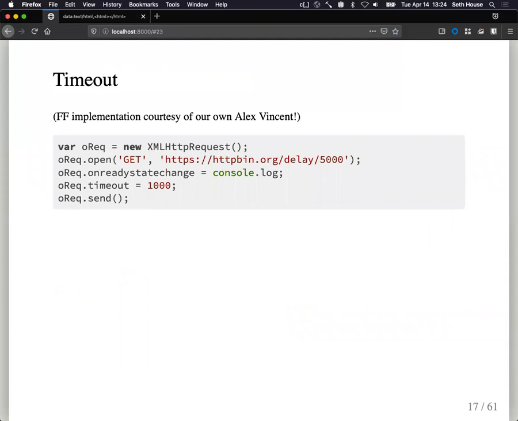You can also time the request out if it takes too long. And some interesting bit of trivia, our own Alex implemented the timeout API in Firefox way back in the day. And you can look through the pull request, the merge request that he sent in, not merge request, it was a patch back then. And you can see all of the crazy C++ and JavaScript setups he had to do to get it in. It was a fair bit of work, but it's awesome to have it in there because